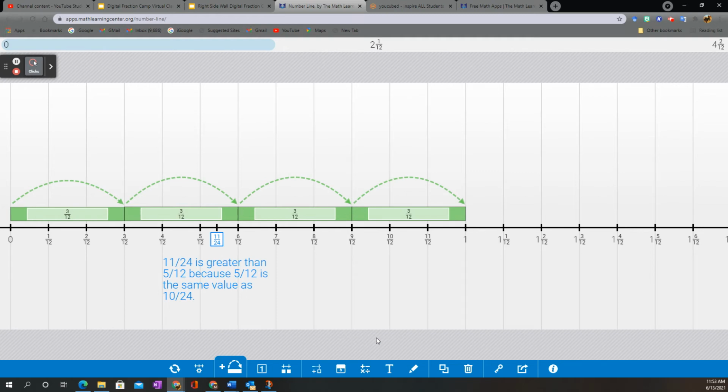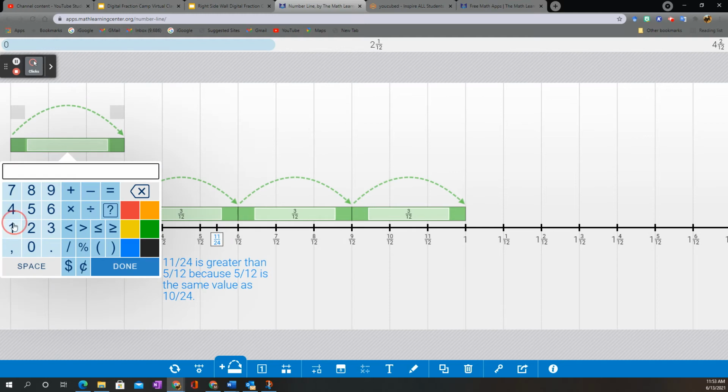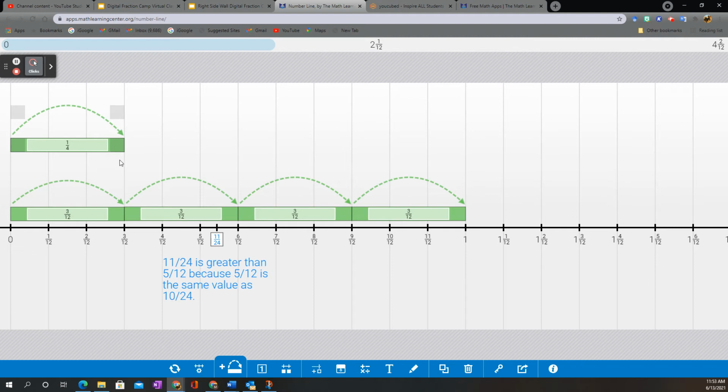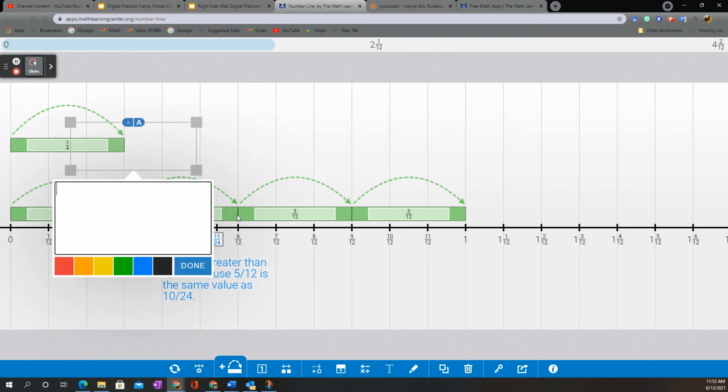Okay, let's see. I could also insert, let me show you another way to use a jump. So I'm going to now label this one as 1/4, and I'll say done. And why am I saying that? I'm going to say, let's see, I want to put a reasoning there. I'm going to say this